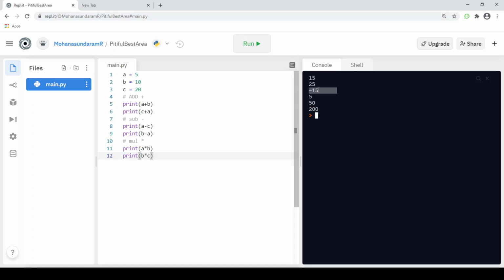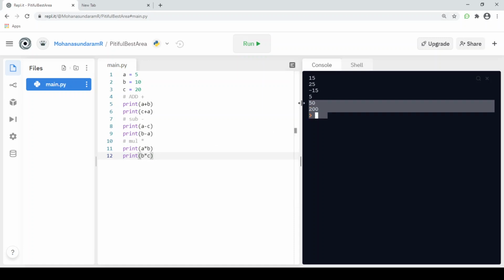This is the output for the multiplication operator. The multiplication operator is denoted using a star symbol. The next subset of the arithmetic operator is the division operator.